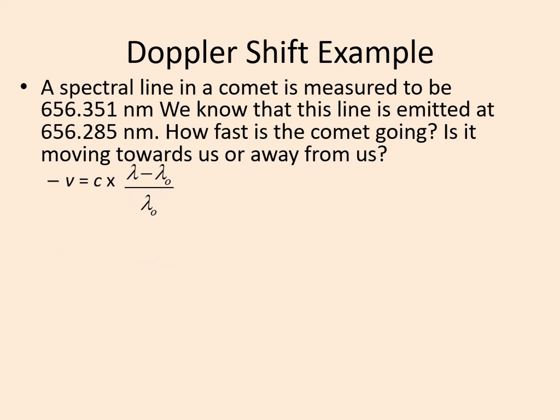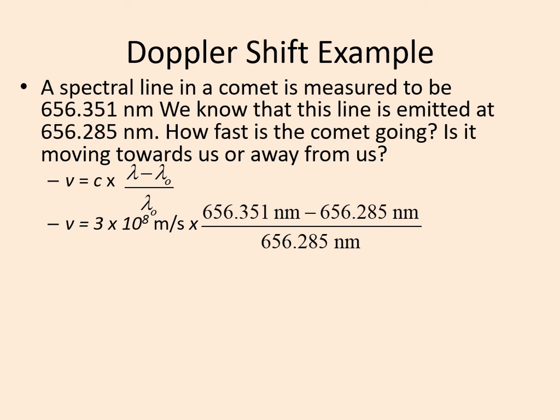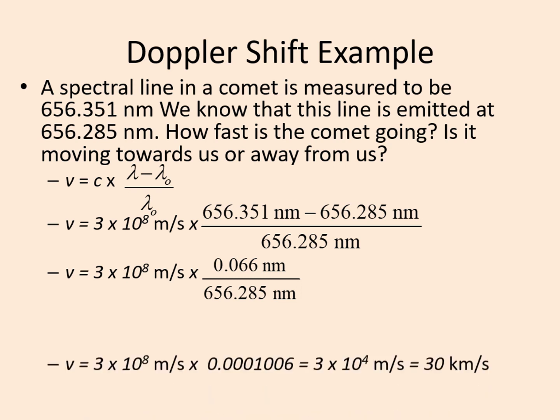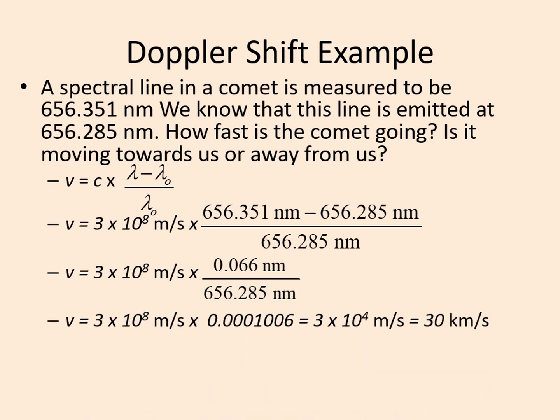So we set up the formula. Then we fill in the values for the wavelengths and for the speed of light. Remember to include the units in the speed of light because that determines the units in our answer. Remember to subtract the wavelengths first, then divide by the rest wavelength to get the redshift, which is 0.0001 in this case. Finally, multiply through by the speed of light to get the comet's velocity, 30 kilometers per